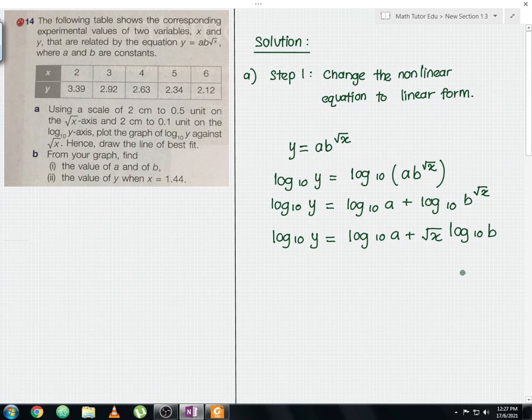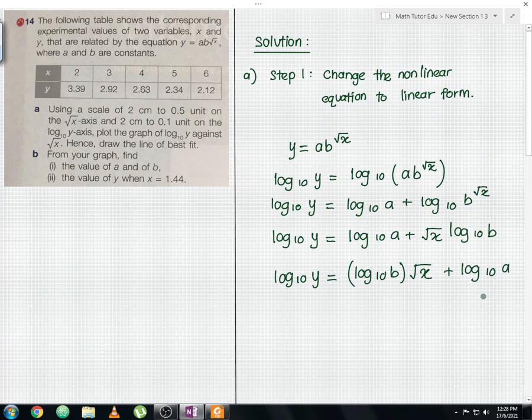So for the final step, we're going to rearrange this equation such that it fulfills the straight line equation form, which is y equals mx plus c. Okay, so from here, log 10 y still remains the same for the left hand side. Log 10 y will be equal to, so from here we're going to rearrange the equation where it will be log 10 b times square root x plus log